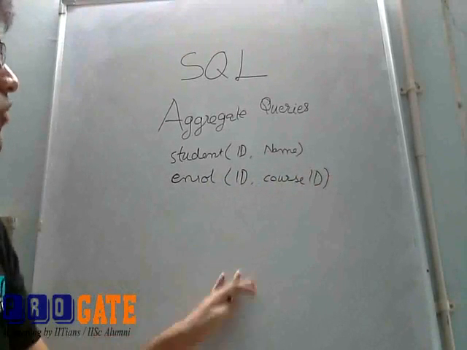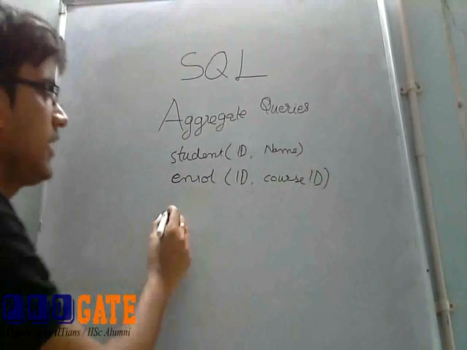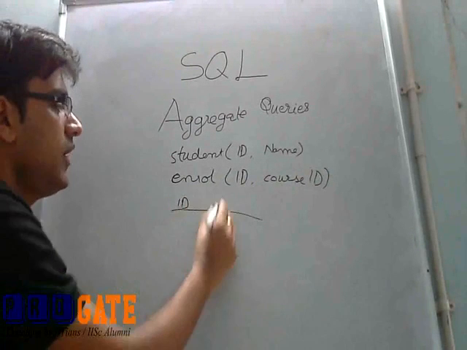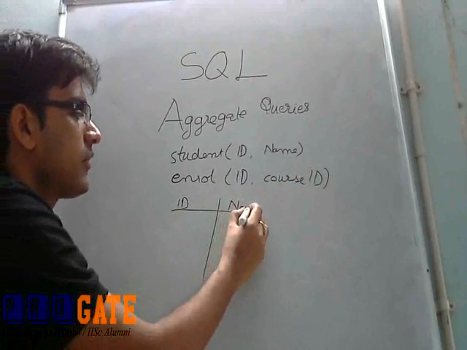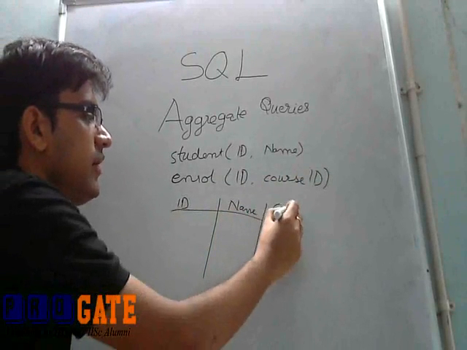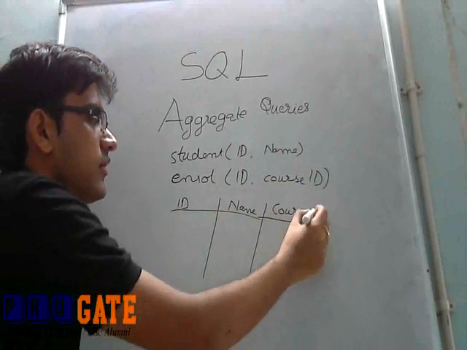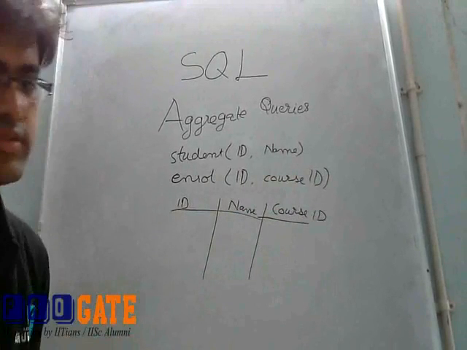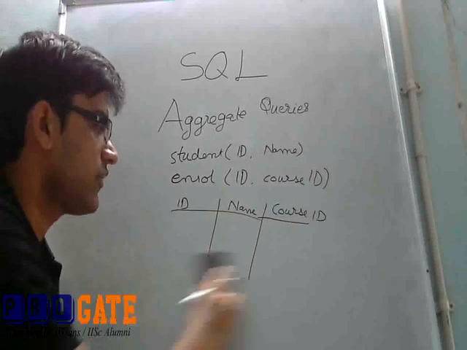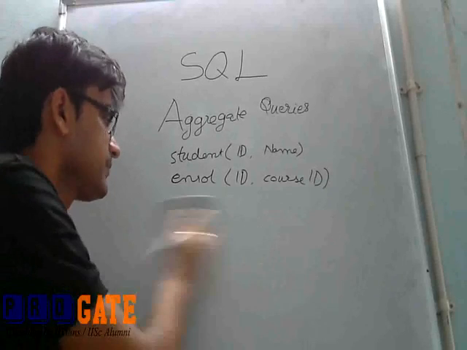Now if we want the result table to look like the ID of a student, the name of the student, and the course ID which that student has taken. Suppose we want such a result, then we will use a natural join operation,